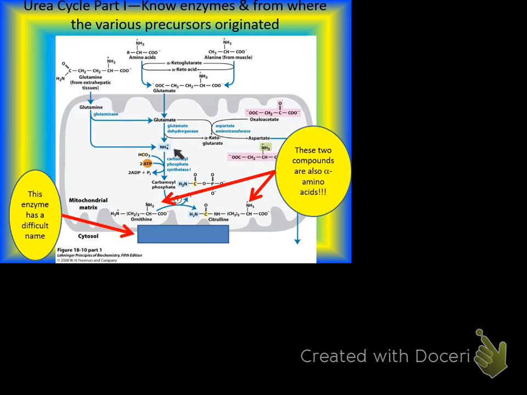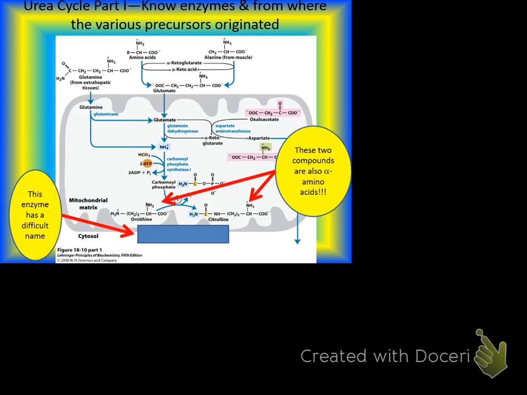It takes place in the mitochondrial matrix, and that's carbamoyl phosphate synthetase 1. So it's making carbamoyl phosphate, which is actually the first official step of the urea cycle. It occurs within the mitochondrial matrix, and then this product, citrulline, is actually an amino acid, it's just not an amino acid that's utilized to make a protein. Same thing with ornithine. Ornithine is also an alpha amino acid.